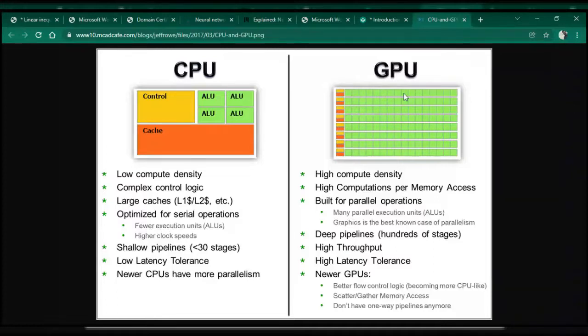A GPU runs at maybe 1.5 gigahertz, whereas a CPU can go as high as 4 gigahertz. 4 gigahertz means it can do 4 billion calculations per second, whereas the GPU has roughly a third to half of that speed. Are you clear between GPU and CPU? The GPU can do more work in less time because it has more processing cores, more brains. The CPU can do fewer items at once, but it can do them much faster. Are you clear?